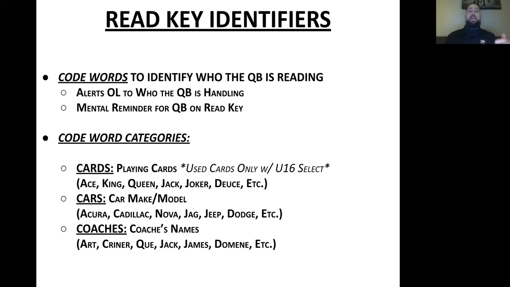Now the best part is these are also the same code words we use in our pass pro. So if we're going 50 pro, you're going to hear the same exact code word that you would hear when that Mike, who is being handled by the O-line, and then the Will, who is on the quarterback, you got to throw hot off of him, right? 4 down on the Mike and 50 protection, and we're still going to identify that Will with the same code word we use in the RPOs. So it's fine for us, right? If it's full slide protection, we're going to use the same code word for the end man on the line of scrimmage. So the offensive line knows who they're not touching. So you don't necessarily get a beat on us by knowing our code words.